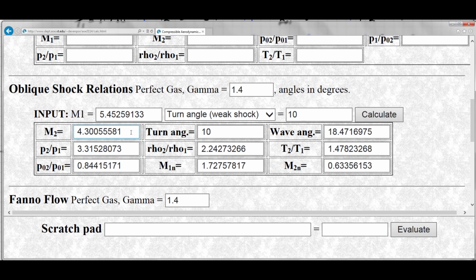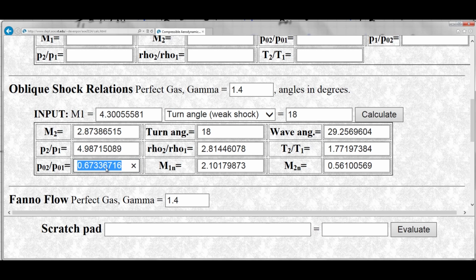So back to our flow calculator, and we can pick up the Mach number downstream of the second shock, so upstream of the third, put it in here. Our turning angle we've said is 8 degrees plus 10 degrees, so 18 degrees, and then we can calculate what happens across this shock wave. So we find that the Mach number downstream of this shock wave is now down to 2.874. We've got a wave angle of 29.3 degrees, and there's our static pressure, static temperature, and static density ratios, and also how much total pressure we're losing. And it looks like we're losing a lot now.